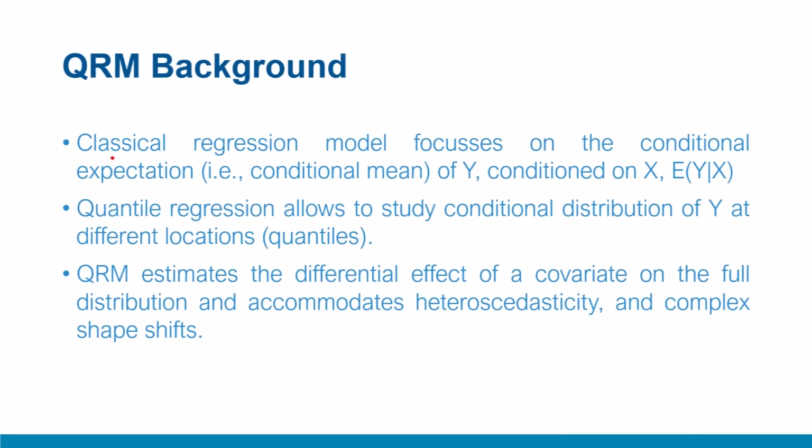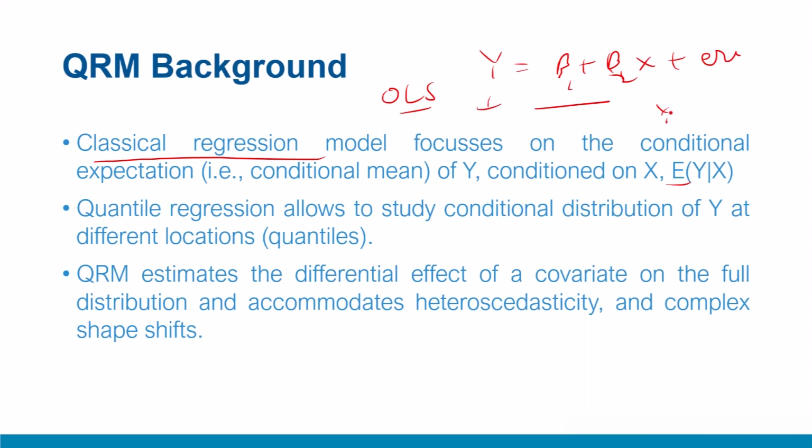In this video, we'll briefly introduce the mechanics of the quantile regression model and its background and motivation. Recall we said that the classical regression model focuses on the conditional mean. So if you are looking at a regression of this kind, y i equal to beta 1 plus beta 2 x plus error term, and it is estimated with the OLS, ordinary least square scheme, you would estimate a value of y, let's call it y hat, which is nothing but the expected value of y given x, and that is the expected mean. We call it the conditional mean because it is conditional on the values of x.